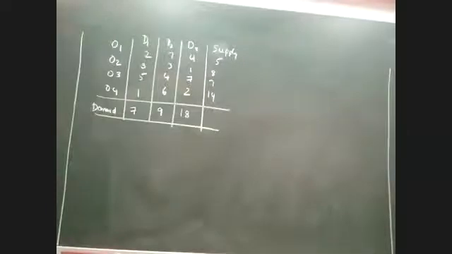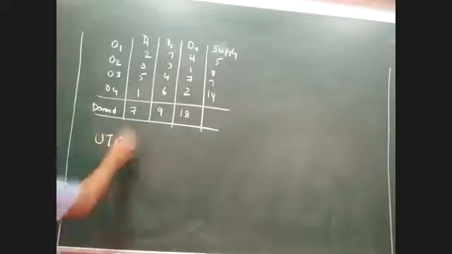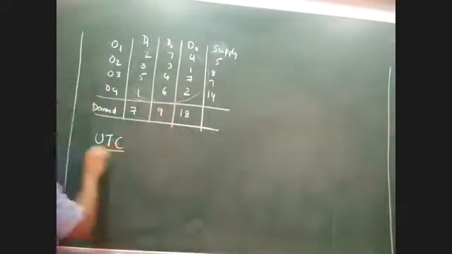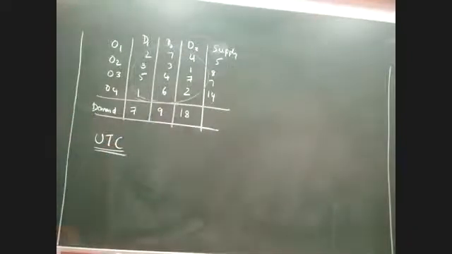If I am transporting a consignment from one place to another, the cost incurred by the company for doing it is called UTC. All these values, except the supply and demand, are called UTC. So what do you mean by UTC? Unit transportation cost. What is unit transportation cost? A unit transportation cost is the cost incurred by the company for transporting a consignment from one origin to one destination. In any transportation problem, you will always have the values of UTC. The unit transportation values will be given to you, and using them we are supposed to solve the problem.